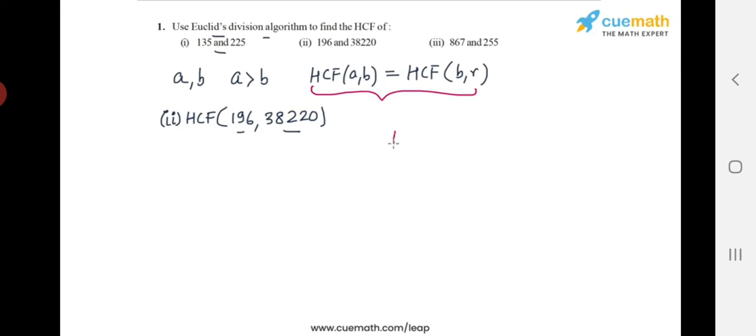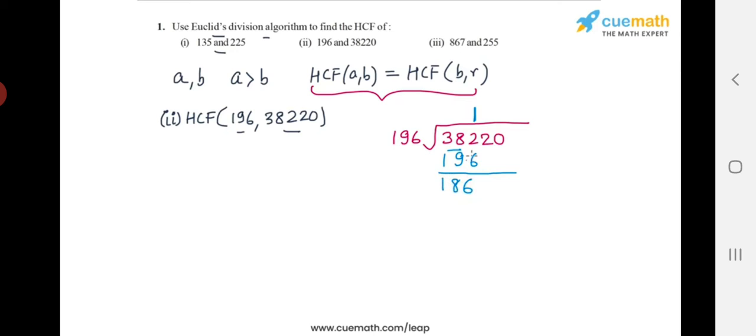So we have 196 as our divisor, and we have 38220 as our dividend. So the first multiplier will be 1, because 196 times 2 is actually 392, which is larger than 382. So I will use 1 as the first multiplier. So 196 times 1 is 196, and I'm left with a remainder of